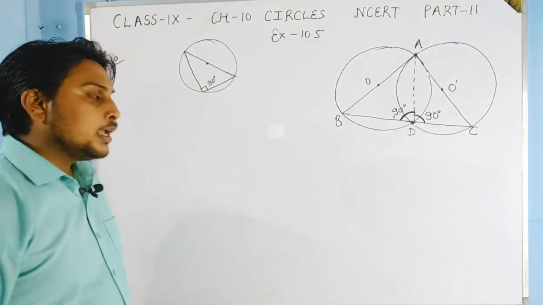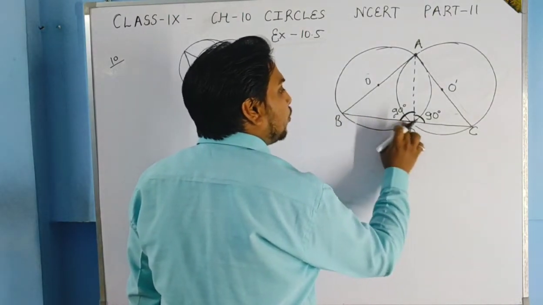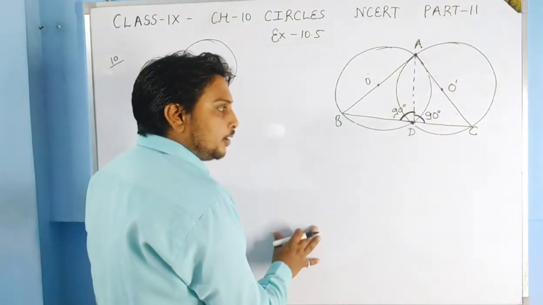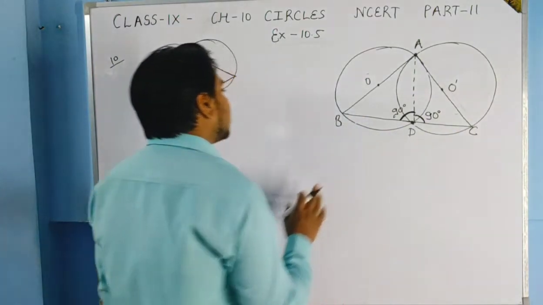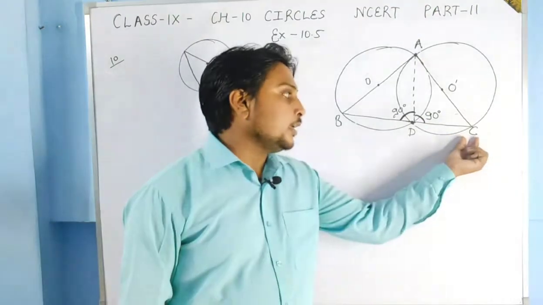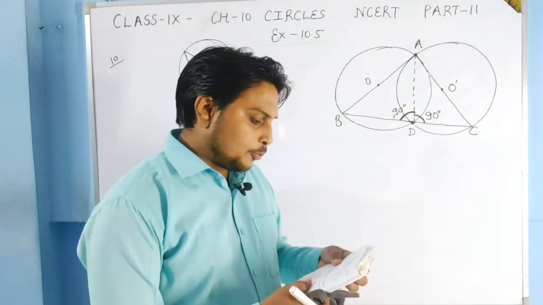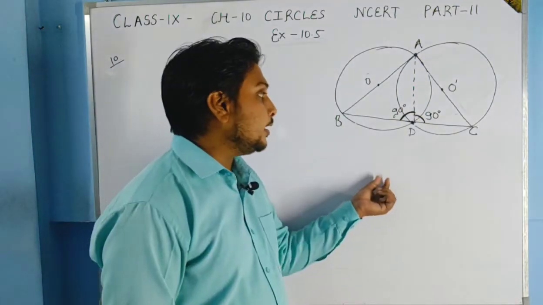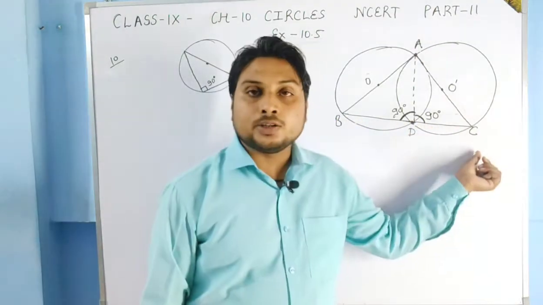Now you have to show that BC is a straight line. If it does not go through point D, then it will not be a straight line, but you have to show that it goes through D. So in the first case, students, you have to show that this side BC, in the question it is written that you have to prove that the point of intersection of these circles lies on the third side. Means you have to show that this point D is on the side BC. You have to show this.